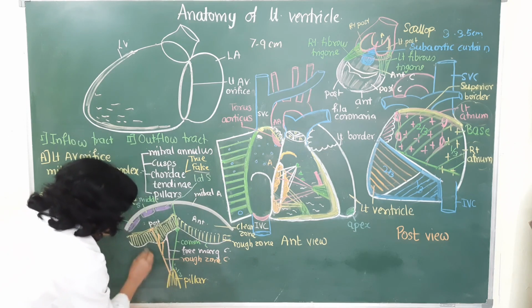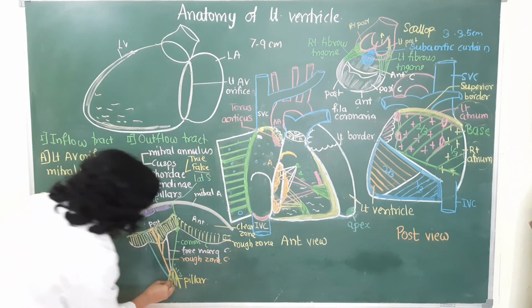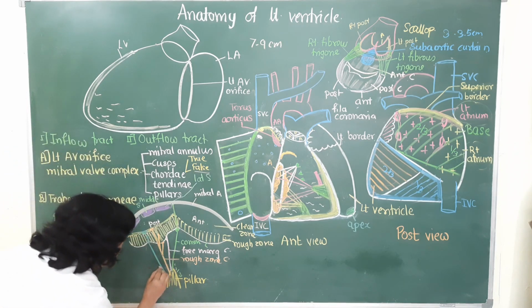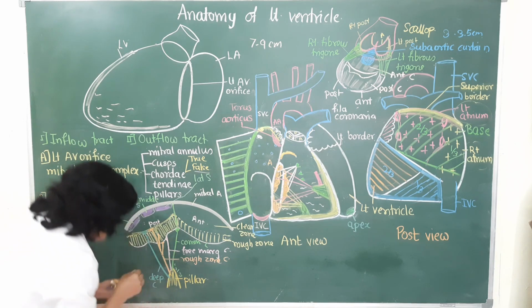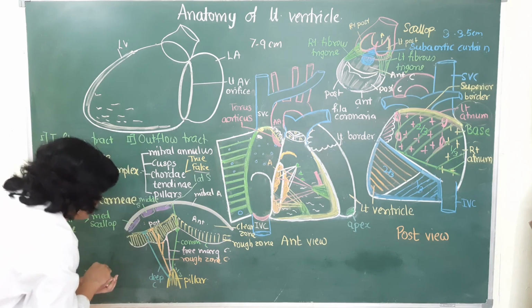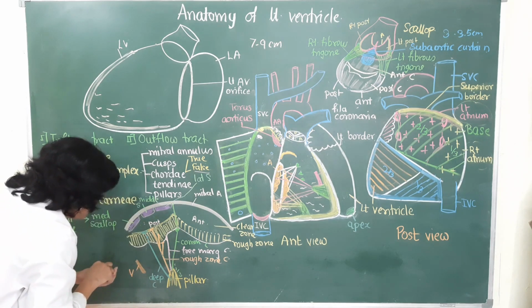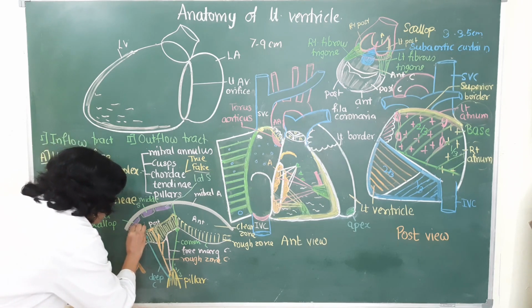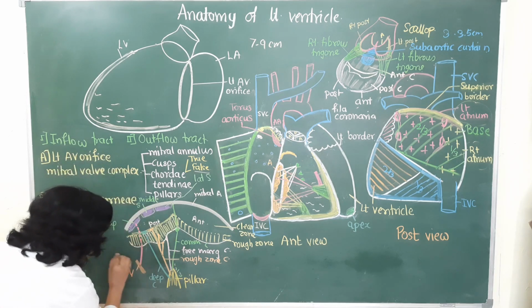One type extends deep to the rough zone chordae and gets attached from the papillary muscles to the junction between the clear zone and the rough zone. These chordae are called as the deep chordae. And one more variety extends from the ventricular surface to the basal zone of the leaflet. So these chordae are referred to as the basal chordae.